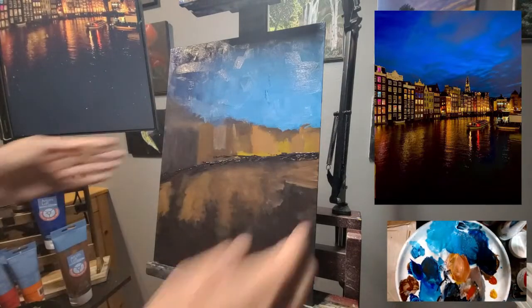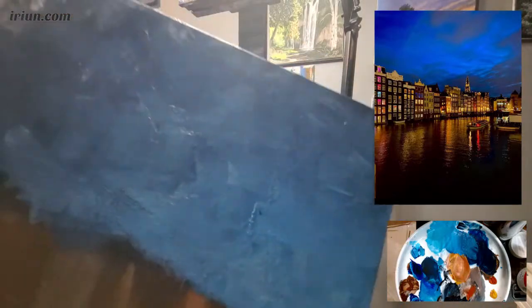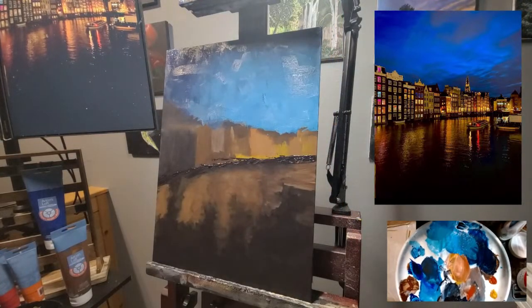And I am getting the very thick, textured kind of brush strokes that I want, so you can kind of see how that's going to read when you're up close to it. But hopefully when you're at a distance, it will still look right. What I'm going for is, when I first saw it, what hit me was this breathtaking feeling, and that's what I want to capture with not only the brushwork but also with the actual painting. So yeah, that is the goal. Okay, now